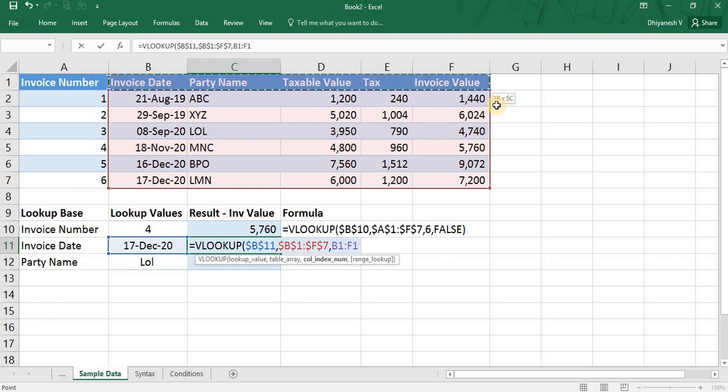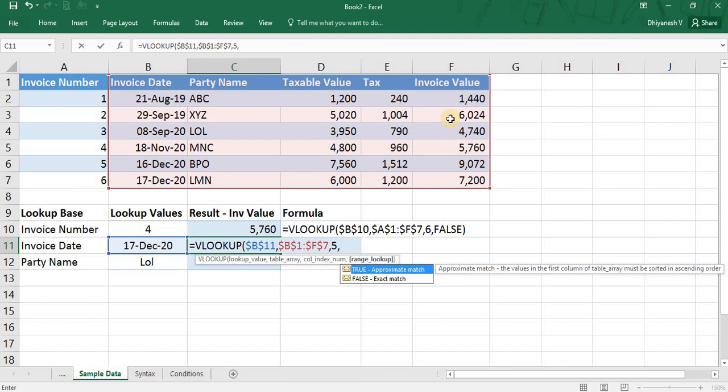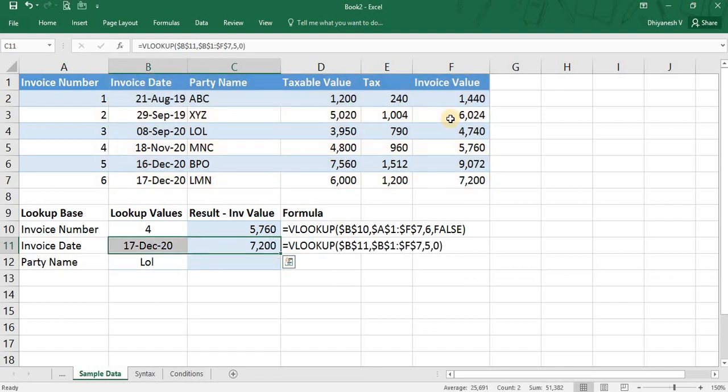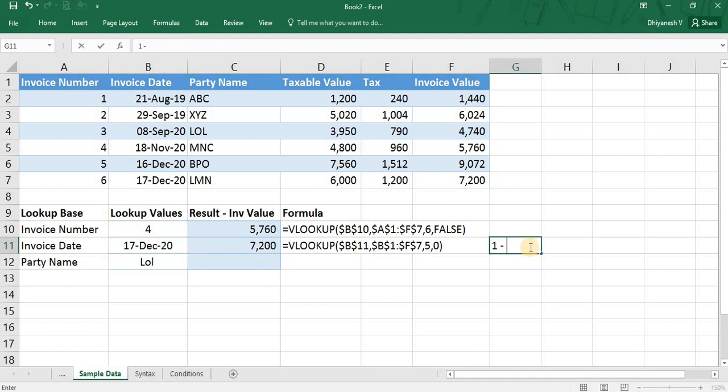As you can see here, 1 row into 5 columns, 7 rows into 5 columns, and my result should be based on 5th column. So I will give 5 here, and I will enter 0. In Excel, 1 is considered as true. So 1 is considered as true or true is considered as 1 and 0 is considered as false.